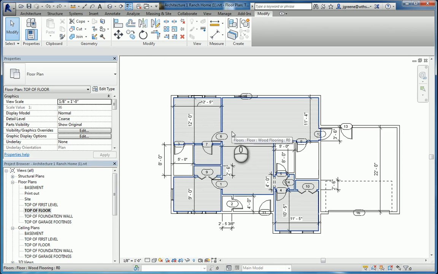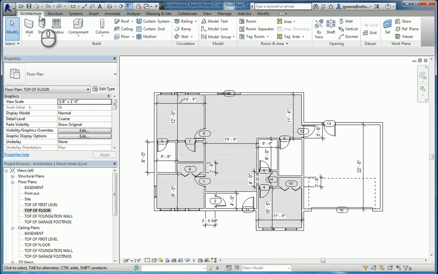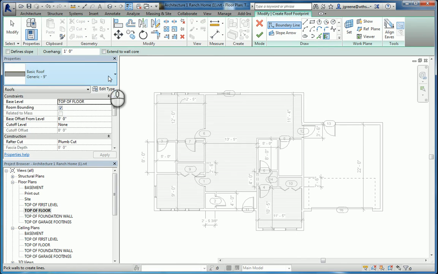Alright, architecture students, we finished with the foundation and slabs, and it's ready to move on to our roof. So we're going to try to make our roof as simple as possible. First thing we're going to do is in the architecture tab, we are going to go ahead and click on roof. Now, when the roof comes up, we're going to get generally some kind of generic basic roof that we